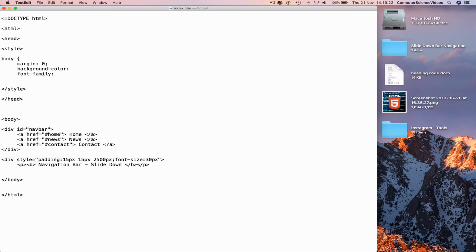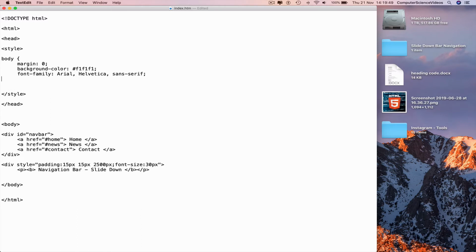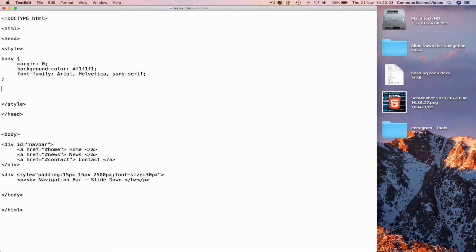semicolon, background color, hashtag F1 3 times, semicolon, font family, Arial, comma, Helvetica, comma again, sans serif, semicolon, new line, curly brace, go to a new line again, hashtag navbar,